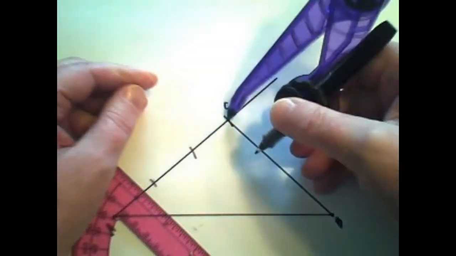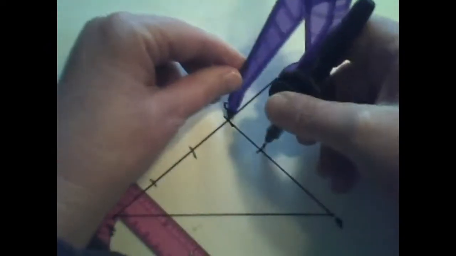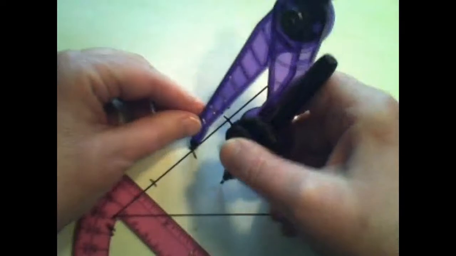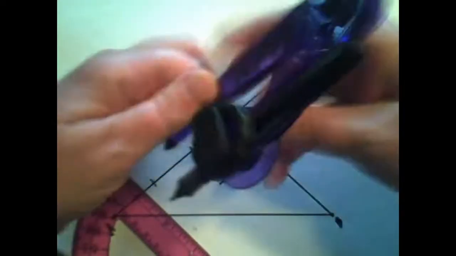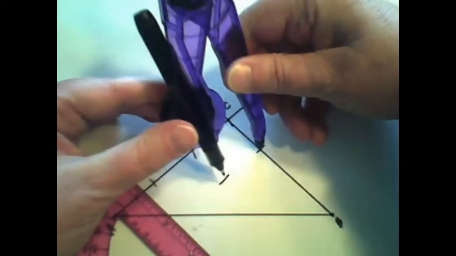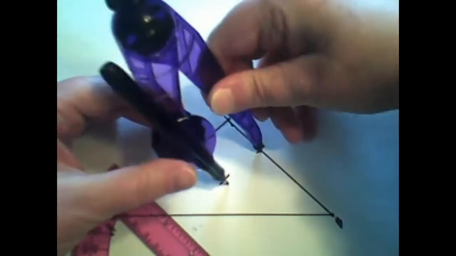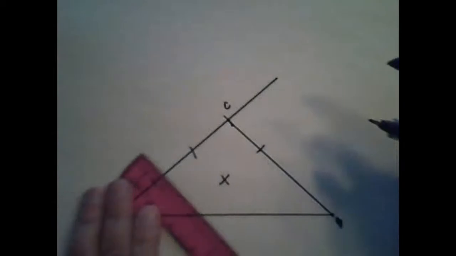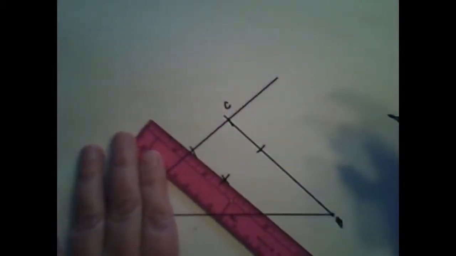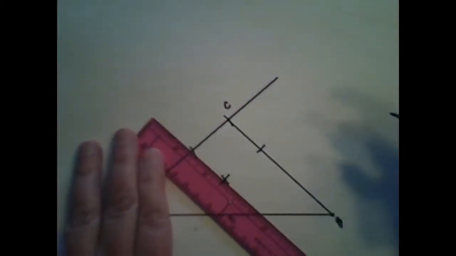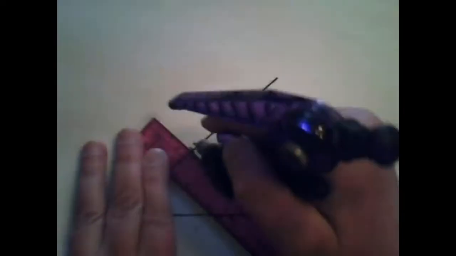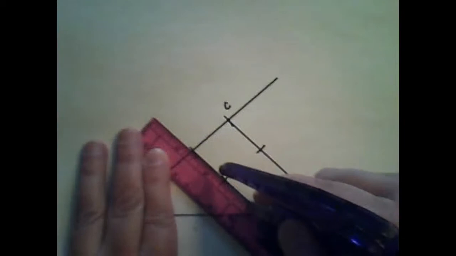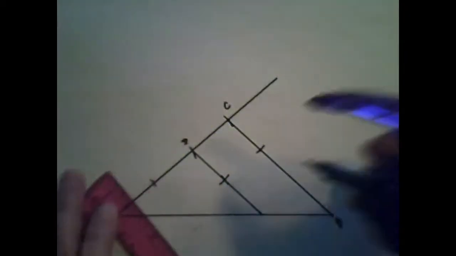I'm going to take that same measurement, mark it off here, and here, and here. And that intersection, when I connect it up with this point, which I probably should have named, so I will name it, let's call that point D,